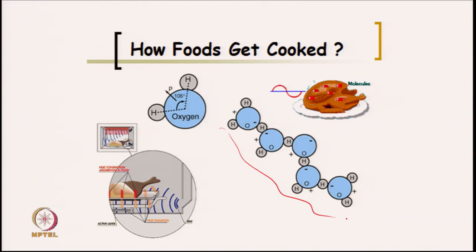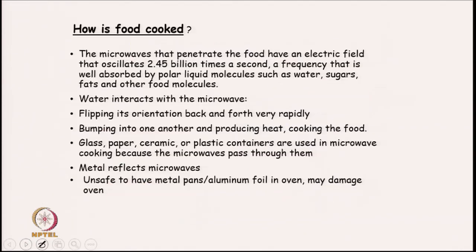This heat is used to cook your food. So, the microwaves that penetrate the food have an electrical field that oscillates 2.45 billion times a second, a frequency that is well absorbed by polar liquid molecules such as water, sugars, fats and other molecules. These molecules interact with microwaves, go from the ground state to a higher excited state, flip their orientation, rotate very rapidly, and bump into one another, and that is how they produce heat which is used for cooking